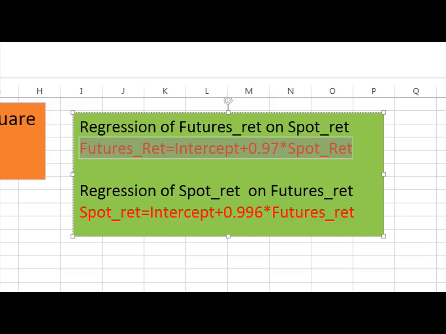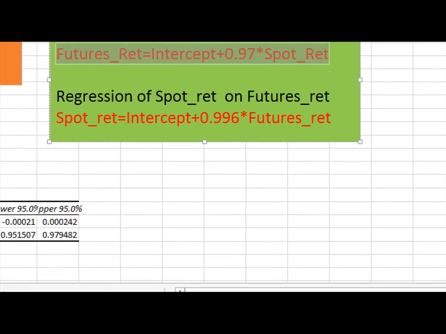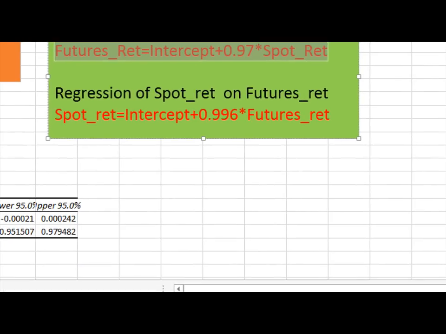But when we regress in the reverse direction, the second equation I have shown below is the regression of spot returns on futures returns. It is simply different. Spot return now becomes the dependent variable and futures return becomes the independent variable. Now we can see the relationship is stronger from futures to spot returns.